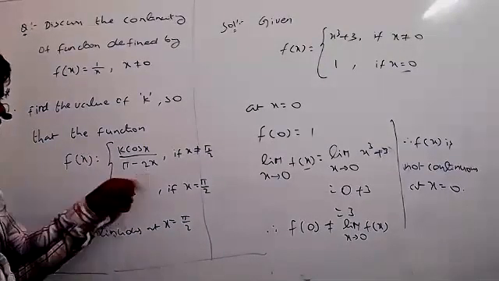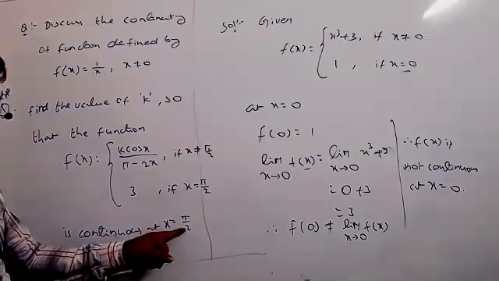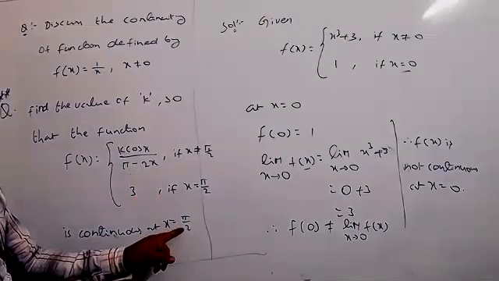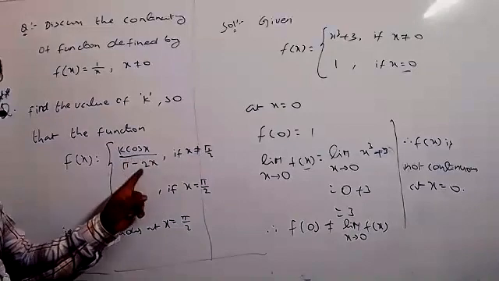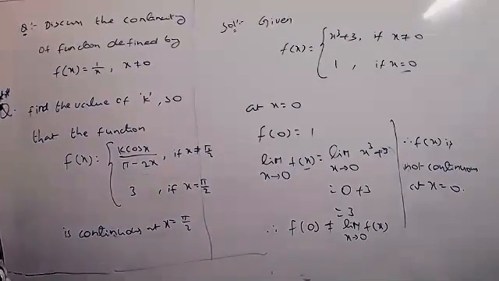Next one here also same thing. Here 2 into x equal to pi by 2, substitute there. 2 into pi by 2, the 2 will be cancelled. So what is remaining? Pi is there. So pi minus pi also equals 0. But 0 by 0 is not defined. Then what will we do? But we have to find some value there.